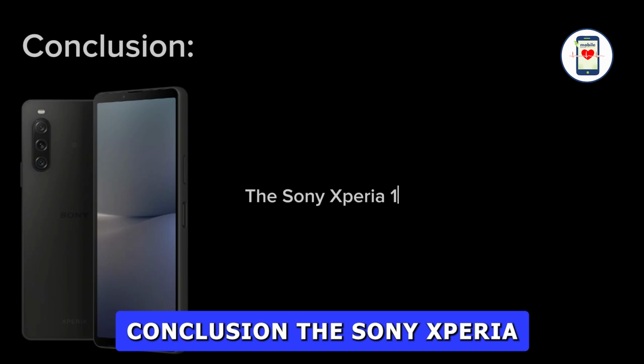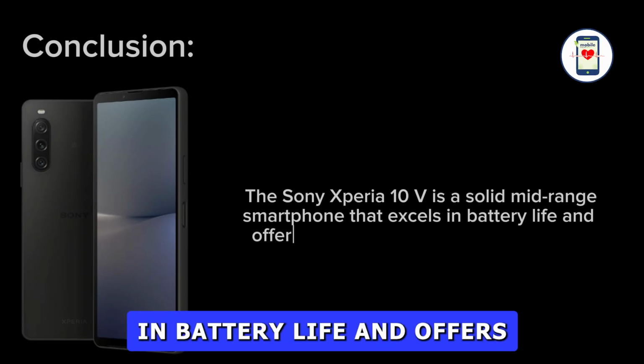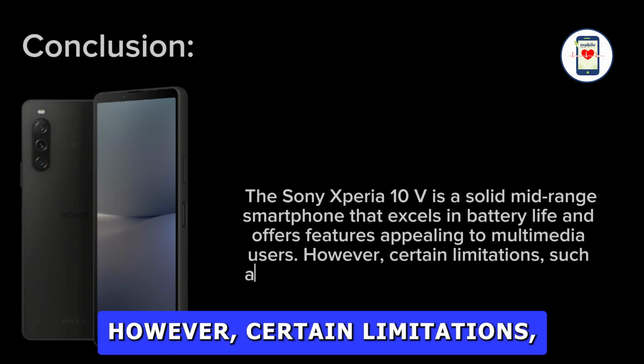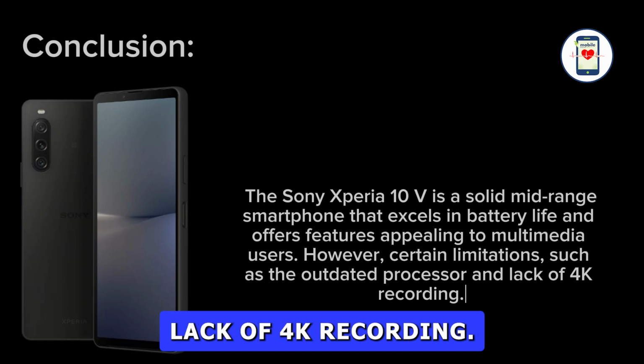Conclusion: the Sony Xperia 10V is a solid mid-range smartphone that excels in battery life and offers features appealing to multimedia users. However, certain limitations, such as the outdated processor and lack of 4K recording,